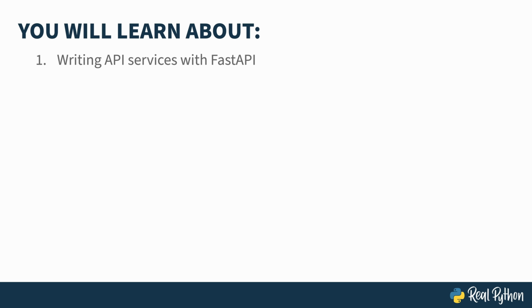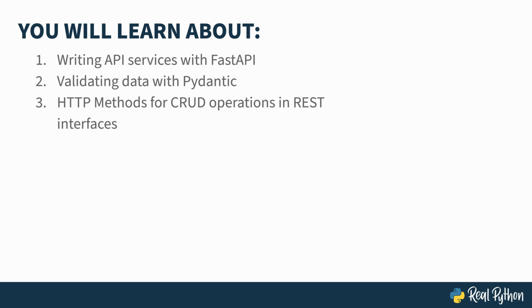This course is about FastAPI, a framework for creating web-based REST API services. Along with learning about the core parts of the framework, you'll also learn a bit about Pydantic, a data validation library that FastAPI uses to deal with data. You'll also learn about the variety of HTTP methods used to do create, read, update, and delete operations on data in REST, and how to use FastAPI's built-in auto documentation feature, a web interface you can use to interact with